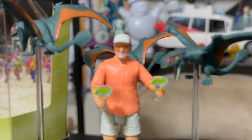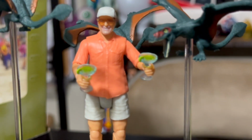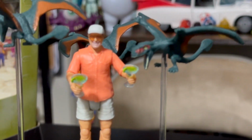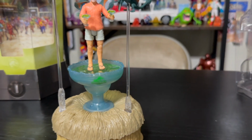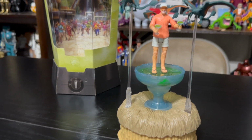Let's see if we get a little closer there. Yeah, very chill look on him there. He's got his sunglasses on, his nice little shirt, wearing his sandals. So that is pretty cool that they gave him 2 little cups there, and then he's on that margarita glass, of course. So this is a kind of a wacky set, but still really fun